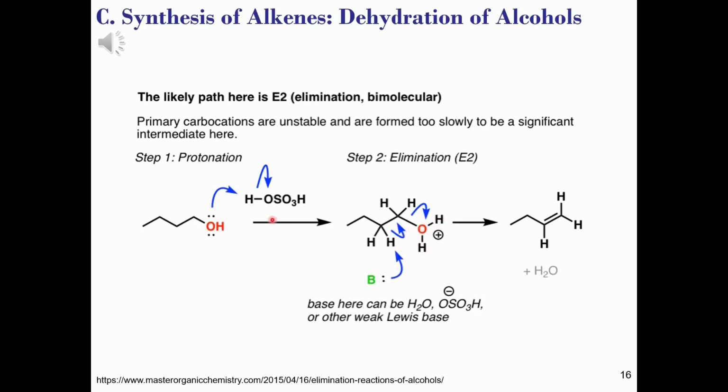Once we have protonated this, a base here could be water, it could be the hydrogen sulfate anion, or some other weak Lewis base is perfectly able to abstract that proton and produce the alkene product. What we don't want is a competing SN2 reaction, whereby something is not only a weak base but also potentially nucleophilic enough to kick out water. So this hopefully reduces that possibility by using a weak base, weak nucleophile, that is the conjugate base of our